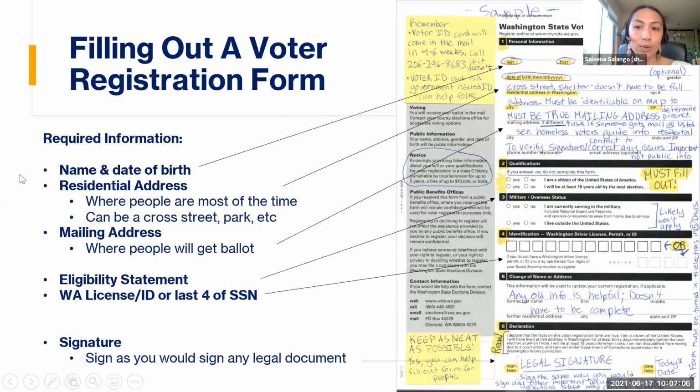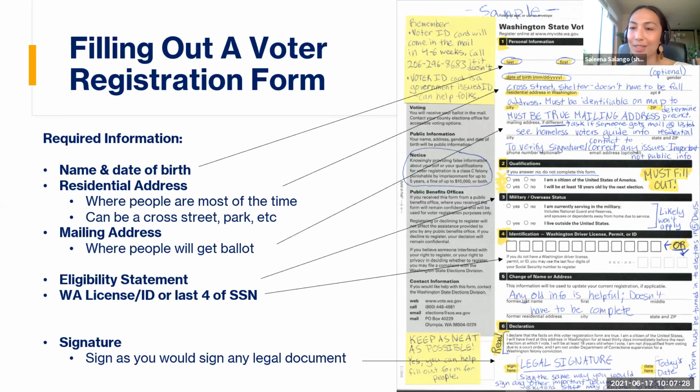And then I just wanted to walk you through, I know many of you know how to fill out a form, but I just want to highlight some of the things that come up when you're specifically registering people experiencing homelessness to vote. So I wanted to give you this example of this annotated form and point out some specific things to note.